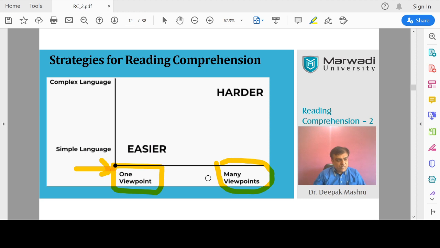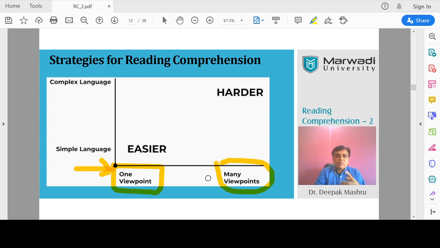I'm getting one comment that I need to give you an example of complex language. Yeah, complex language means when there are examples, for example, simple sentences, complex sentences, and compound sentences, what Vidi madam taught in the last class. So when there is a collaboration of all of these together, it goes in that way.